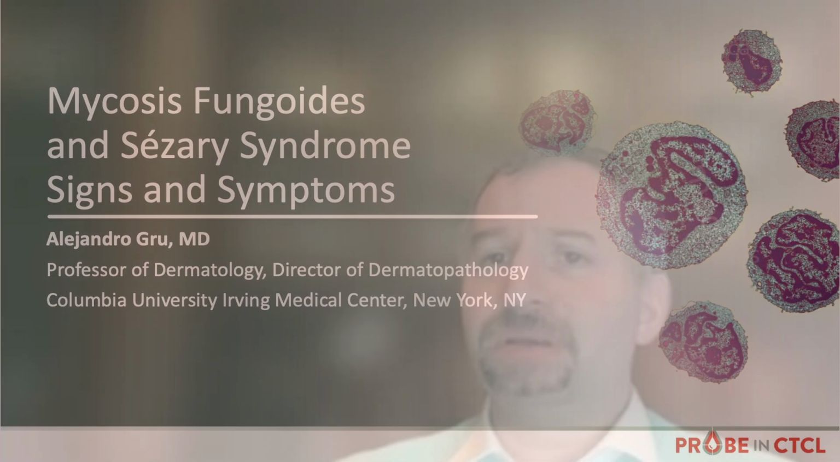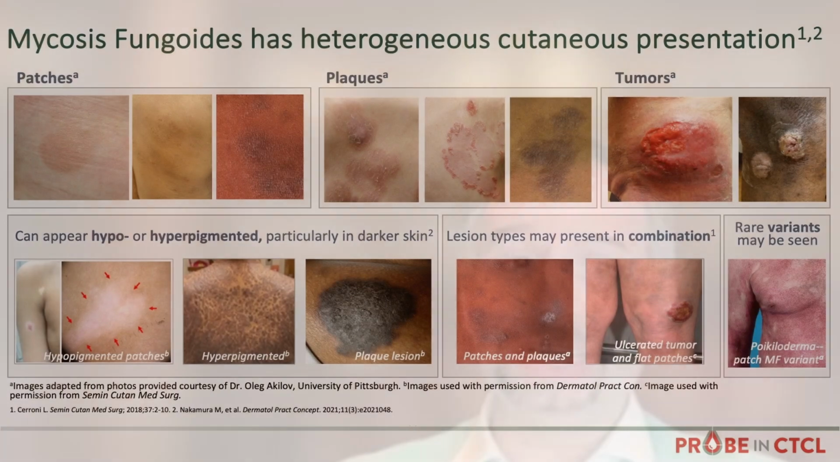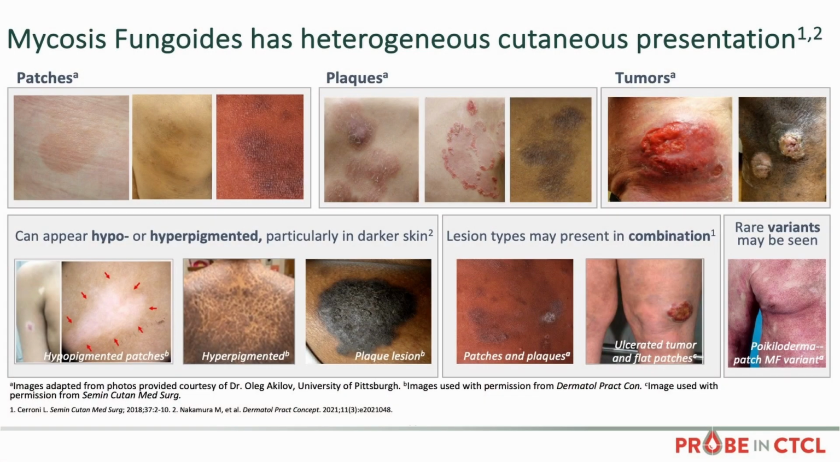You know that MF usually has a heterogeneous cutaneous presentation. Most patients present with patches that can be hypo or hyperpigmented, as you see here. Some patients will progress to develop plaques, which can also be hyper or hypopigmented. And as you know, when we identify the presence of tumors, we know those are patients that have higher risk